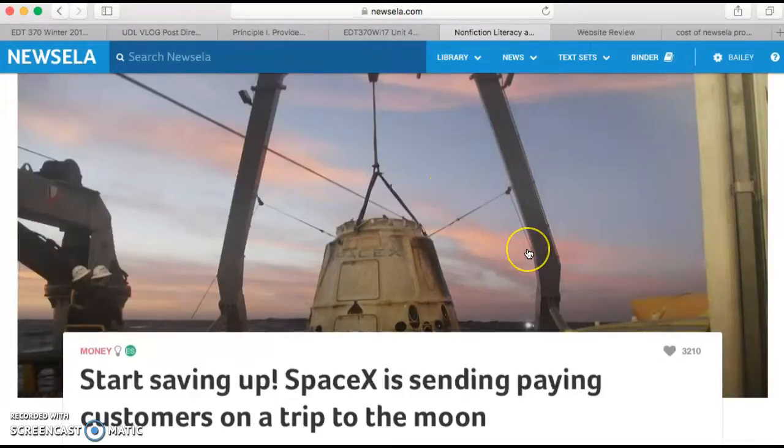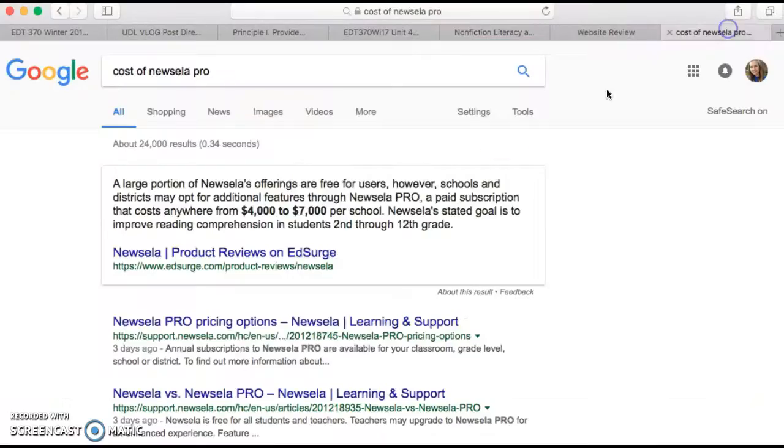The cost for Newsela is free for educators. So for me, I just had to quickly sign up. I could do that with my Google sign-in, or you could do just an email address and set a password. But for students, it's free up to a certain point. Some schools can purchase a Newsela Pro, which tends to be pretty expensive. I looked it up, and it can be almost like $4,000 to $7,000 per school, which sounds a little bit crazy, but as you can see from my screencast, it is a great resource